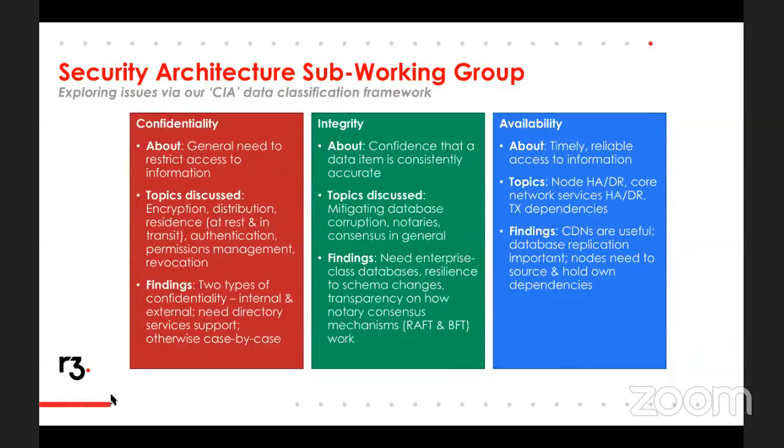So we've explored the use of various different technologies where we can, for example, make use of existing mechanisms like CDNs, which are very efficient and cost-effective ways of distributing data in a resilient way. We've talked about how we use database replication as an important mechanism. And we've also talked about the importance of making sure that the mechanisms for nodes to ensure they have all the data they need to assert the validity of their transactions, and keep control of it and take care of it, are things we've been talking about.